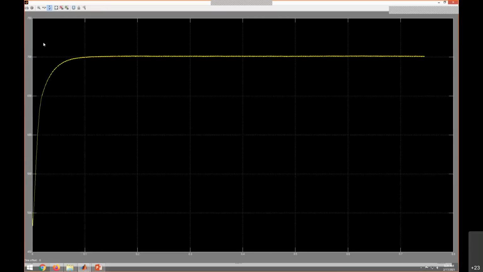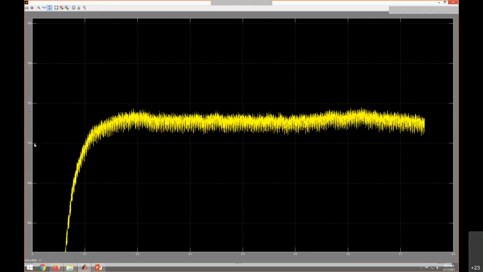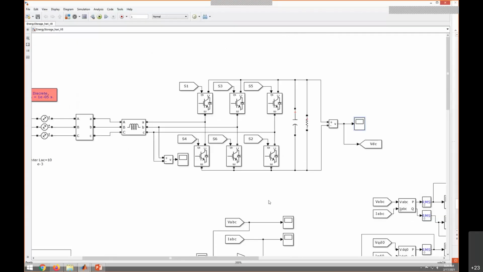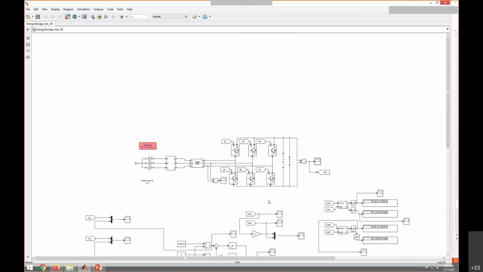See here, you can see here, right? So it is almost exactly 700. Okay, this is 700 and this is 702. Somewhere around 701 you are getting. Okay. This is how to deal with it: when you are controlling the real power and the reactive power, how to control the voltage across the DC bus.